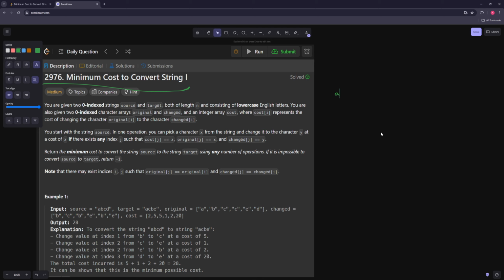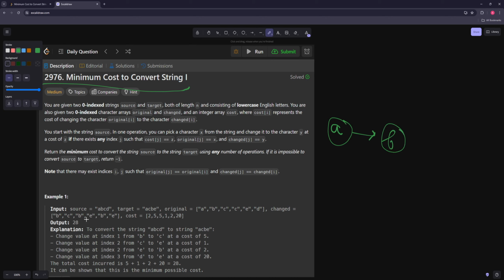We have that calculated, so we can just get those. So basically, you can treat these letters as nodes, and you can treat the connections as edges. So for example, let's just go through example 1. So if we have an A to B,